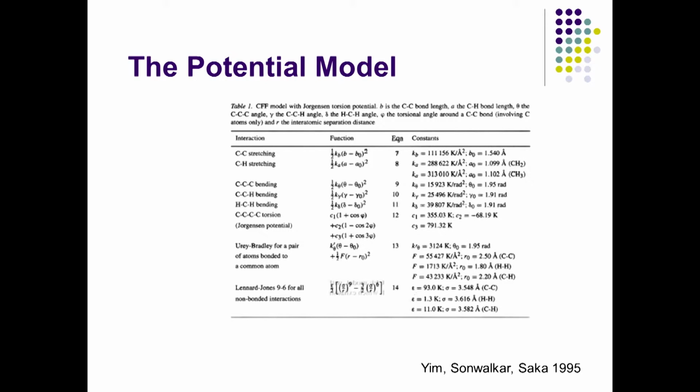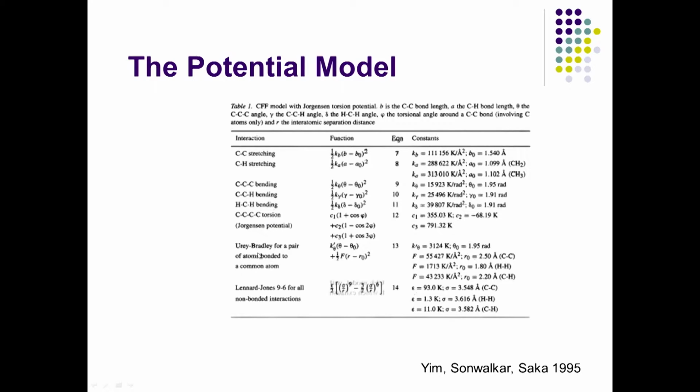If you look at the potential model for this, which as you know is the heart of any molecular dynamics study or investigation, we have a central force field model. In this case there is carbon-carbon stretching, carbon-hydrogen stretching, carbon-carbon-carbon bending, and there are 3 bendings, and there is again torsion between the tetrahedral nature of these connectivities.